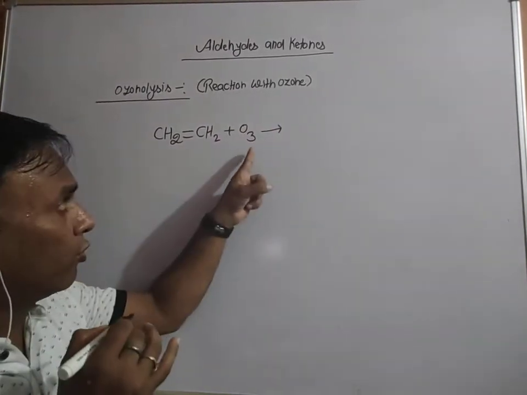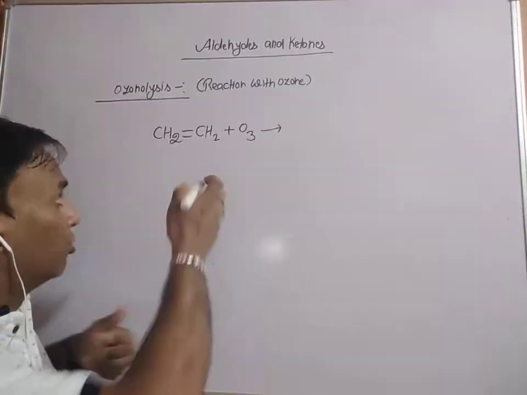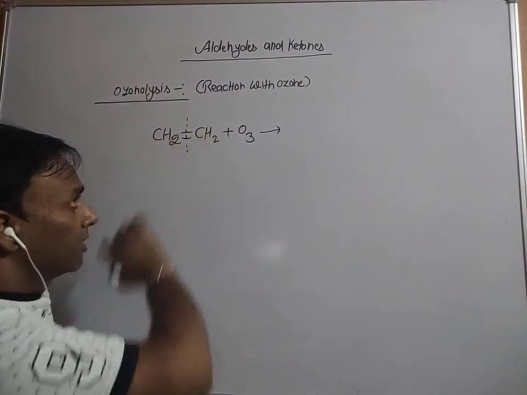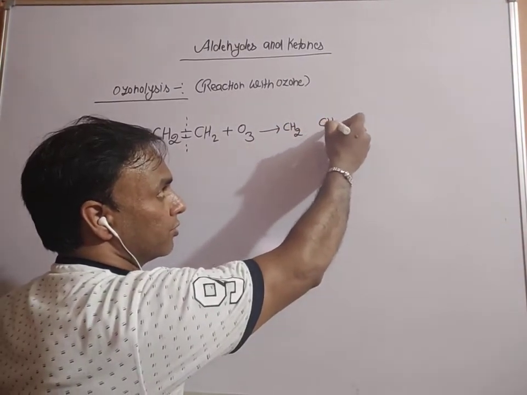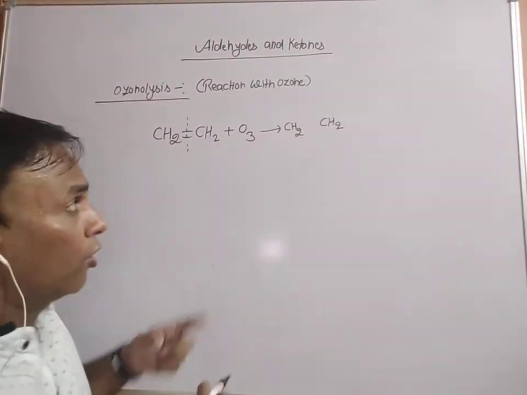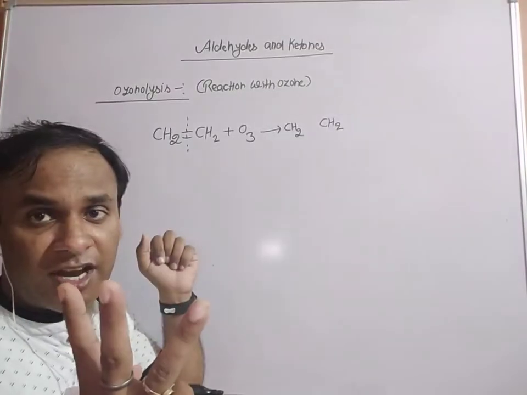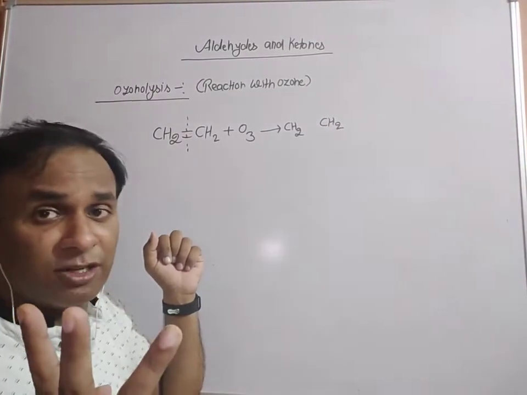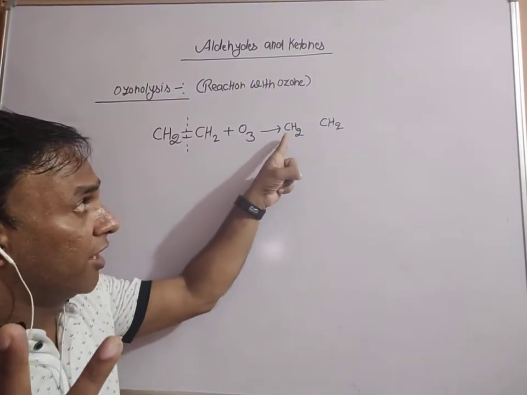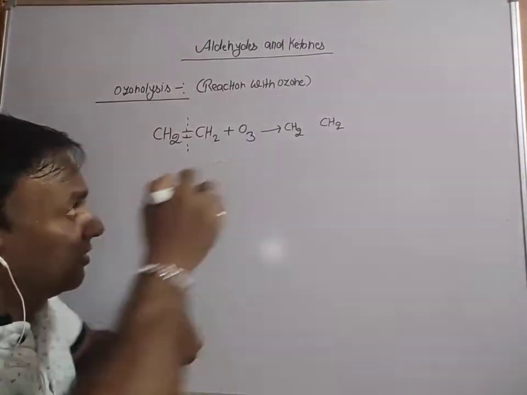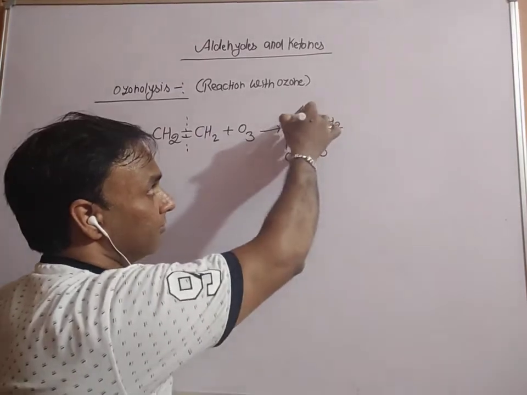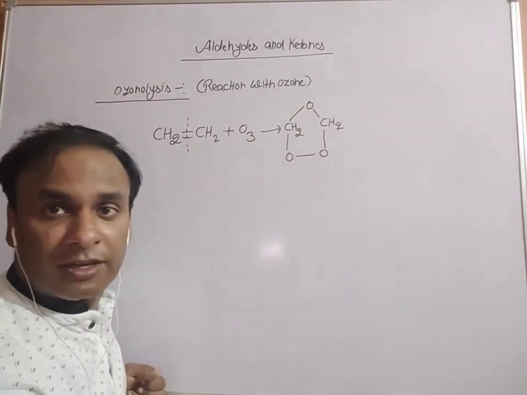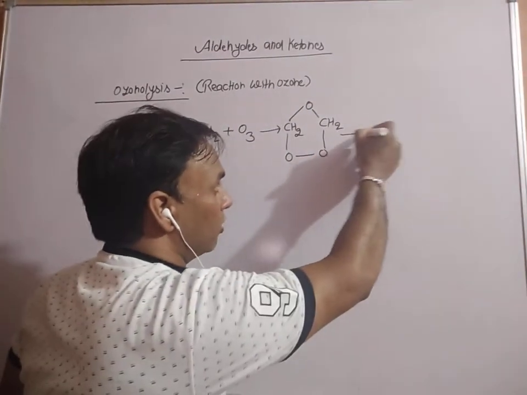In the presence of ozone, the double bond gets decomposed. Clear? Then CH2, CH2. Got it? Ozone contains 3 oxygen atoms, and these 3 oxygen atoms are attached across the double bond of the alkene in a cyclic manner. Clear? And on hydrolysis,